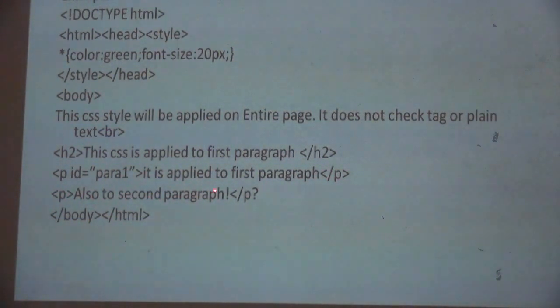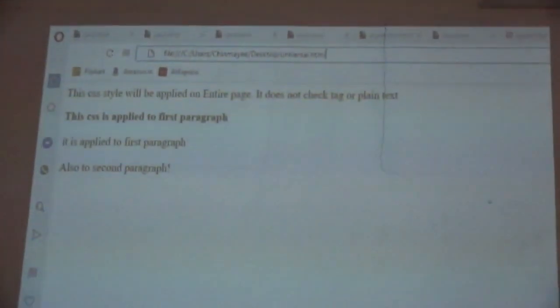Here one mistake is there: instead of an angle bracket, a question mark symbol is printed, so take precaution, otherwise your program will not get executed. So make the correction here, and lastly we close the body tag, and at the end we close the HTML tag. Now this is the output of the program.